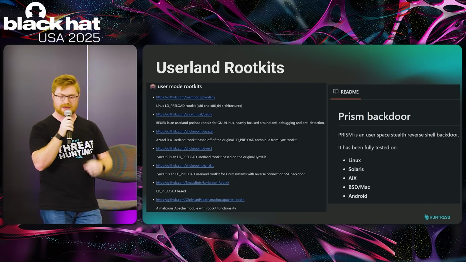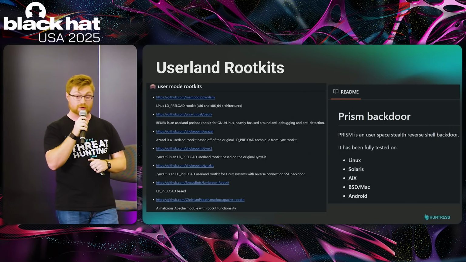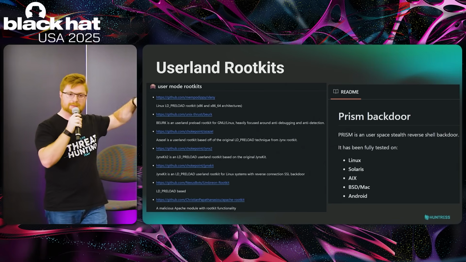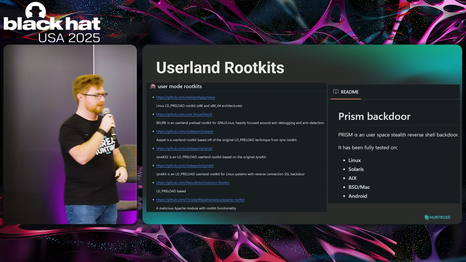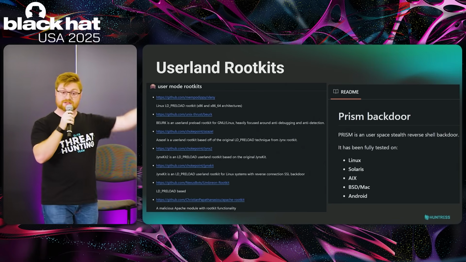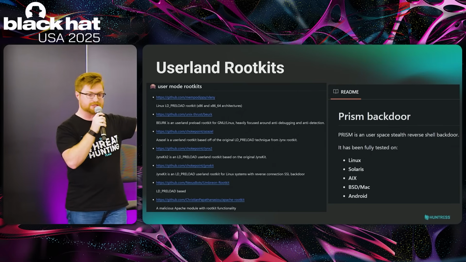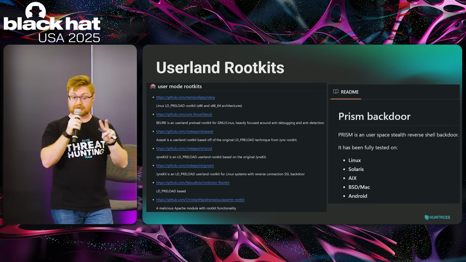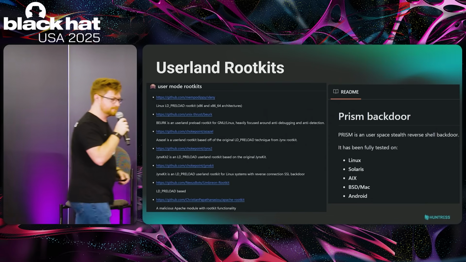Another competition event we've seen was Pros versus Joes. They do that often at BSides Las Vegas. Just a couple days before that, their red team would use this. They use Prism as the userland rootkit to be able to communicate and get their C2 over ICMP. Kind of cool, I thought.